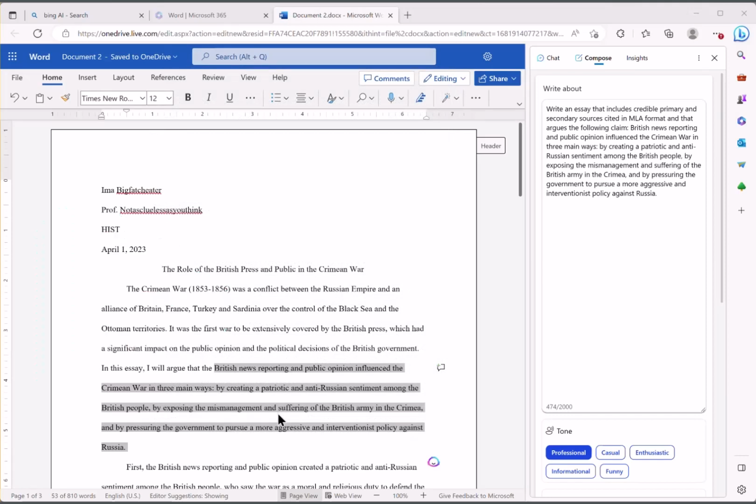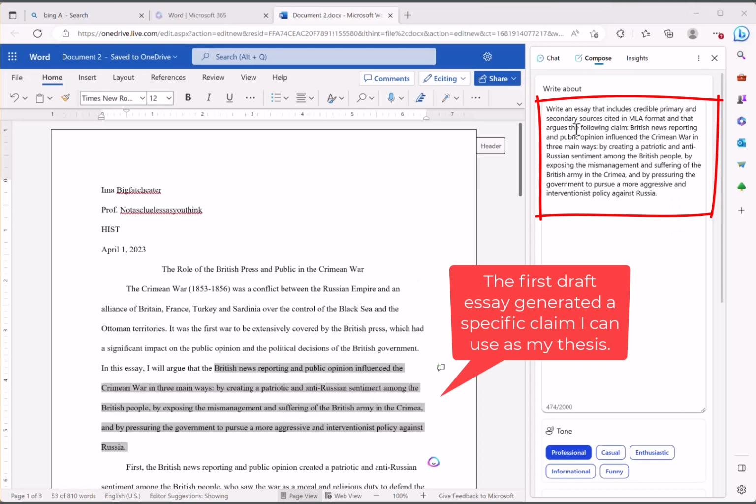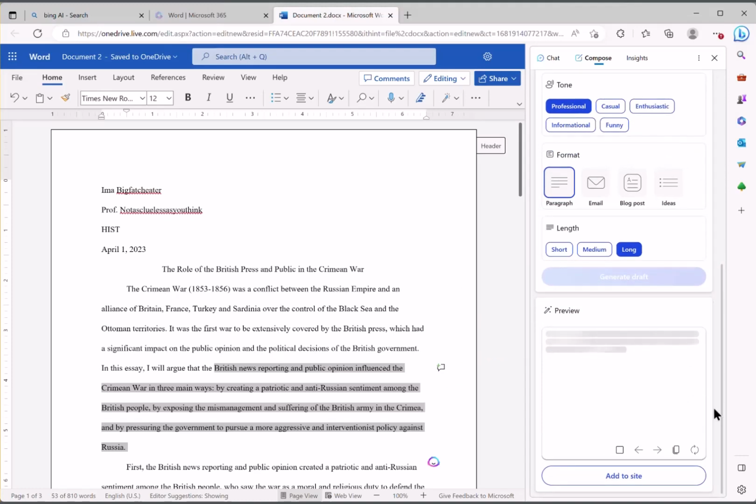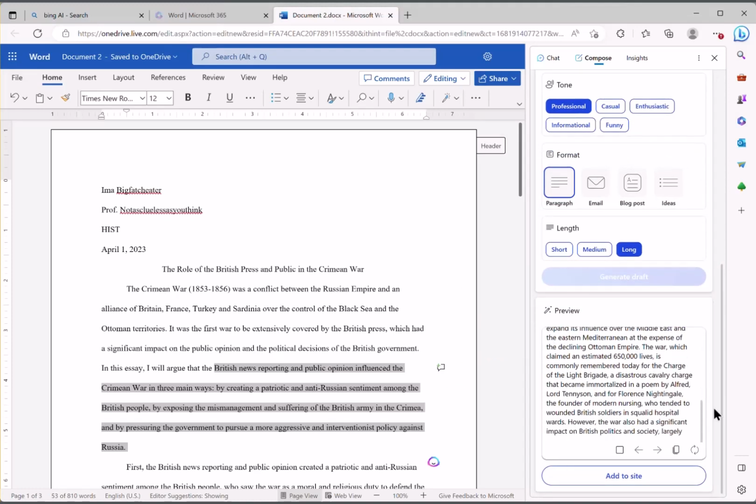Let's have Bing write a research essay this time. To get a clear direction, I'm going to tell it to argue the claim, or thesis, that's stated in its original draft essay on the topic, but I'm going to tell it to cite sources this time in MLA format. When it finishes generating, I'll hit the copy button and paste the text into a new Microsoft Word document. It's producing quite a bit of text. It will be interesting to see how much the incorporation of source material has changed the content of the essay.